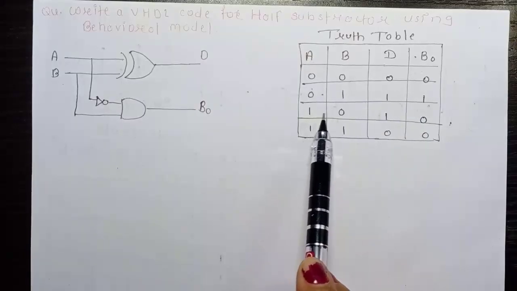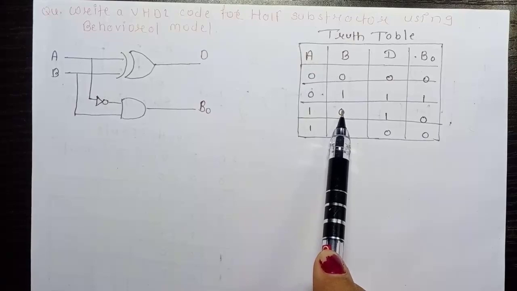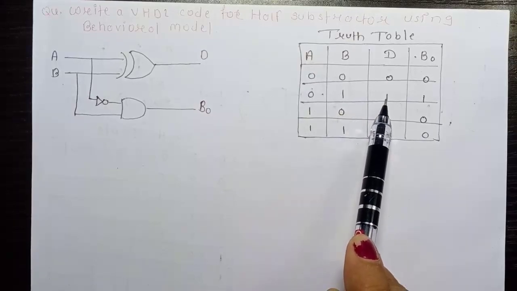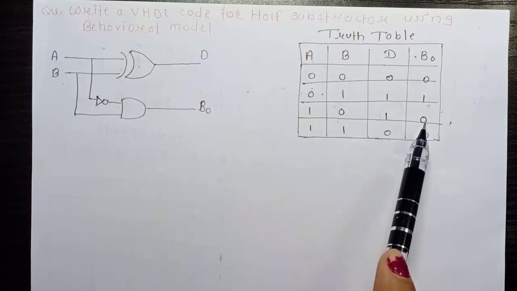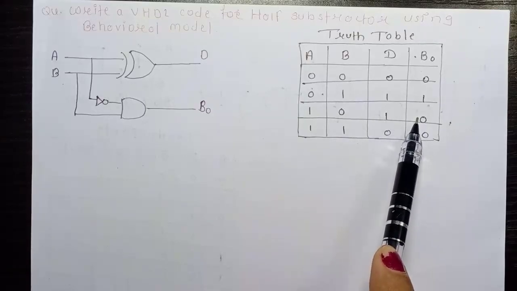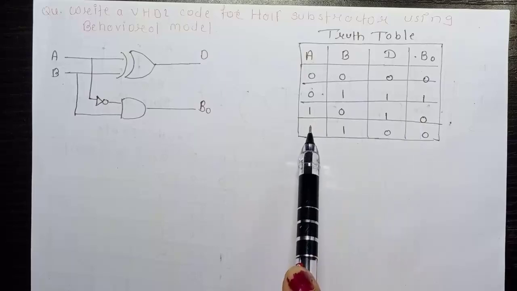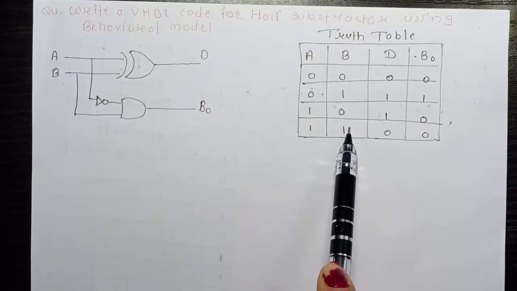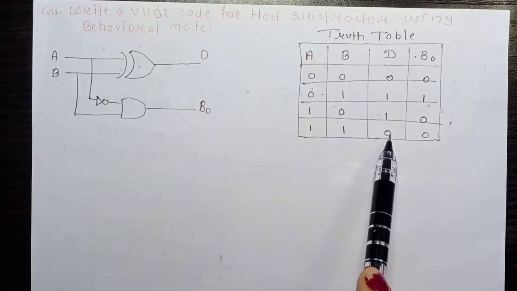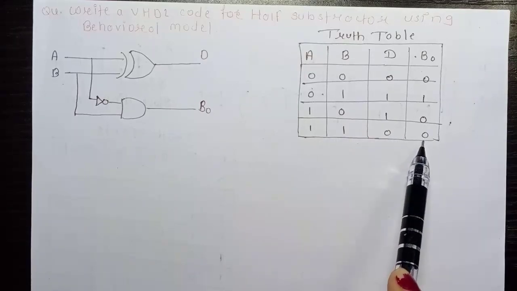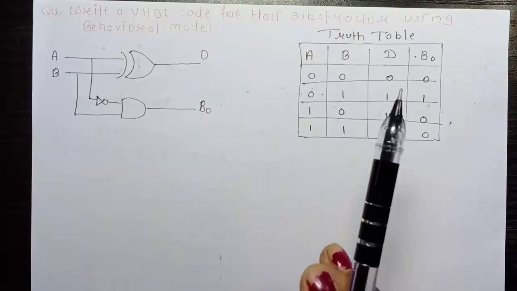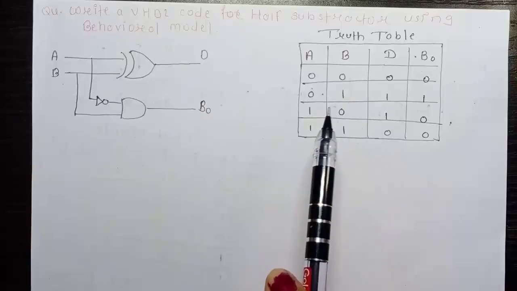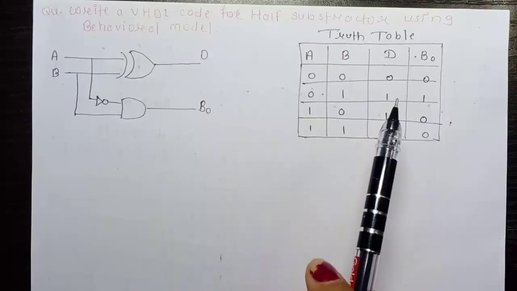Now 1 minus 0 in normal subtraction. 1 minus 0 is 1 and there is no borrow, so it is 0. And 1 minus 1 is again 0. Are you hearing any borrow here? No. So that means borrow is 0. Okay, so that way you got your difference and borrow as the output of the half subtractor.